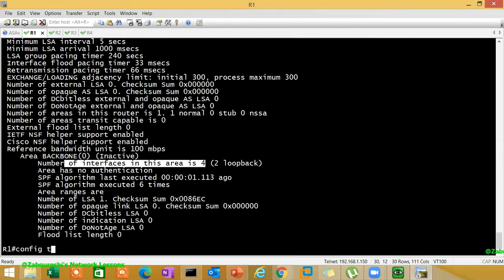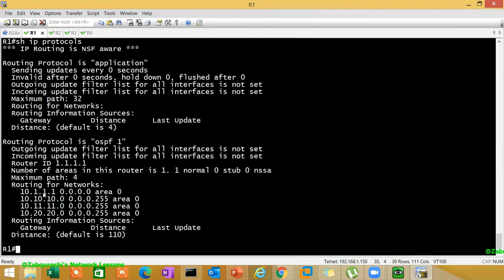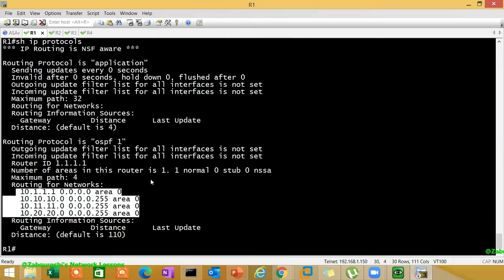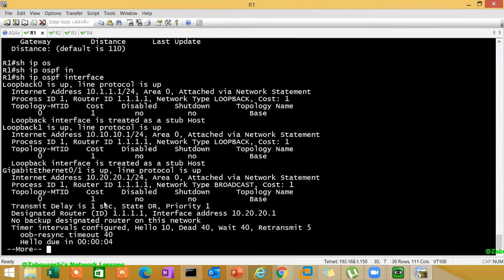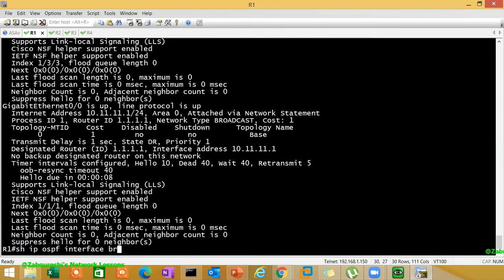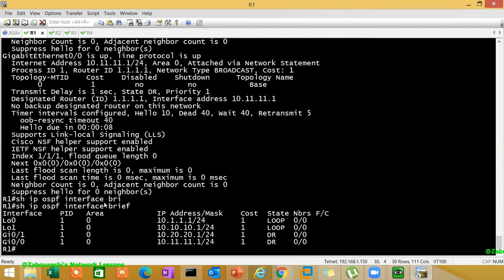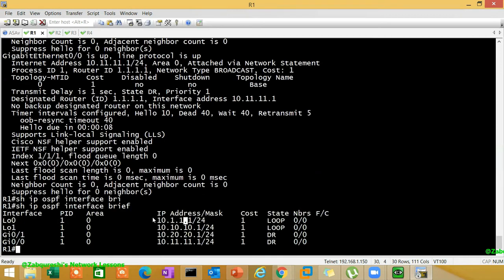But if you want to see those interfaces, you have to do show IP protocols. Yeah, you can see those 4 interfaces. And also you can do show IP OSPF interfaces in case you want to check the interface itself. You can use the brief command to have slightly less information, like that. Process ID 1 is running on those. It's part of area 0. These are the addresses with the mask and the cost and all the other